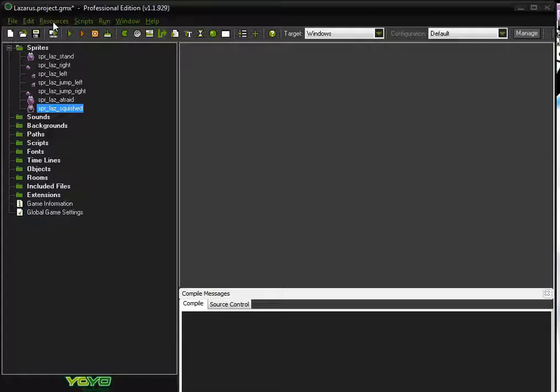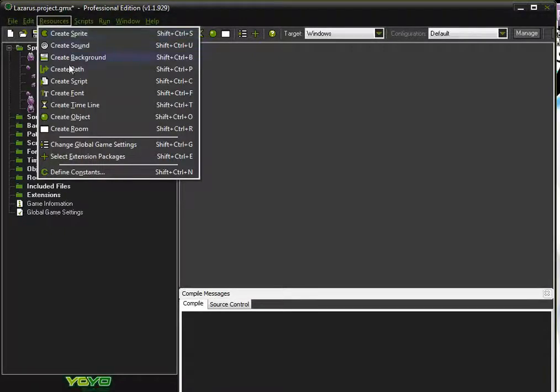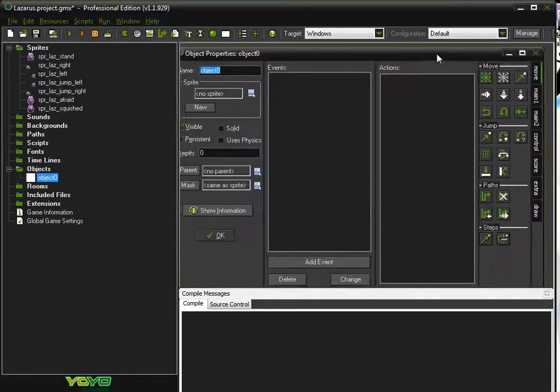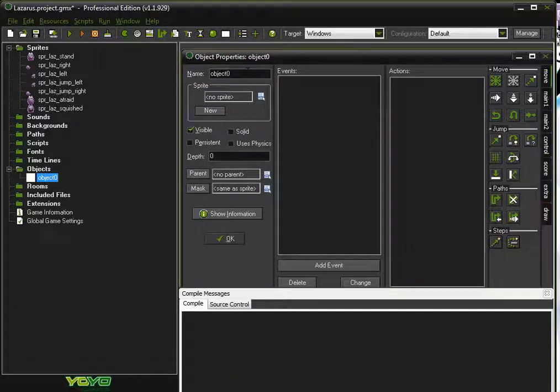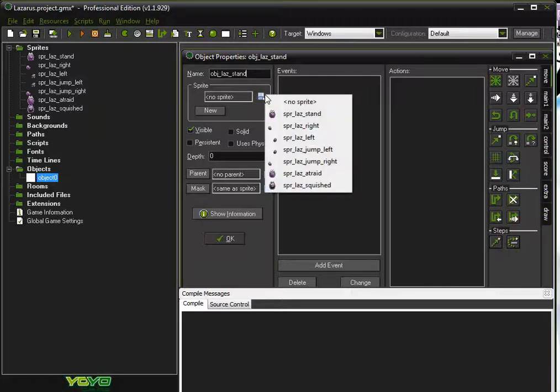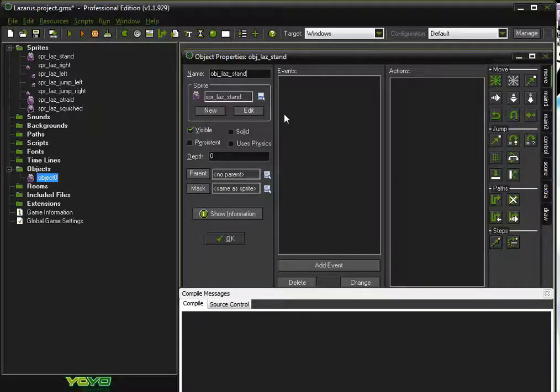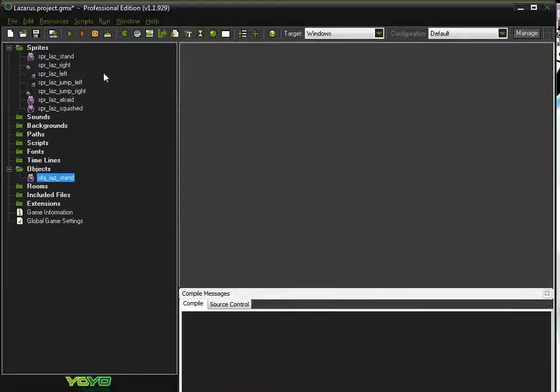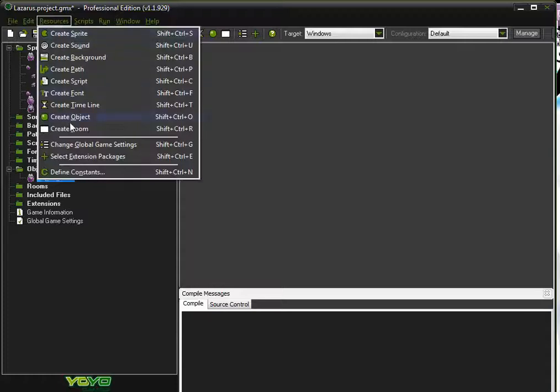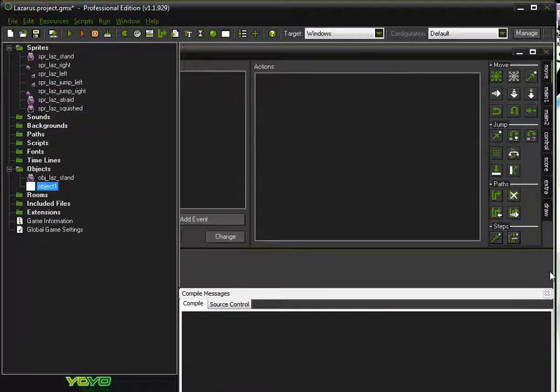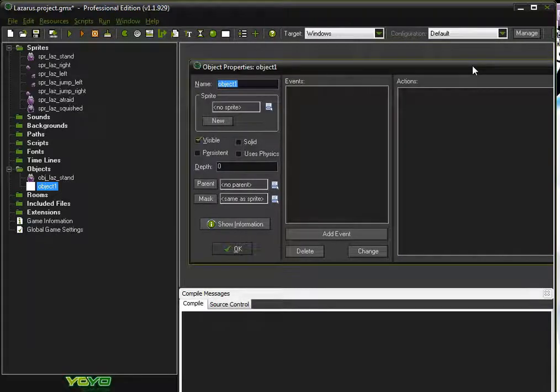So to do that, we're going to go to Resources, click on Create Object, and just move this so you can see it nicely there. And again, obj_LAZ_stand. I'm going to load in the stand sprite and just click OK for now, and there it is. Resources again, create object, and again this is being a bit annoying, just going to move it to the side there,